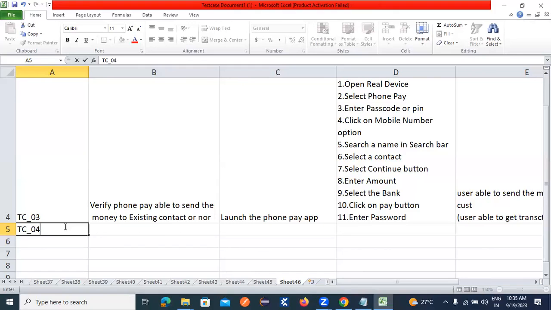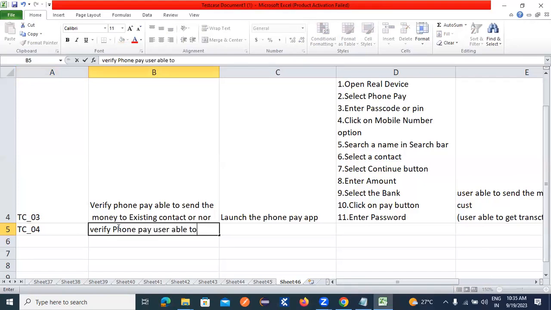Verify PhonePe. Able to check. That is not a proper way. Verify PhonePe,